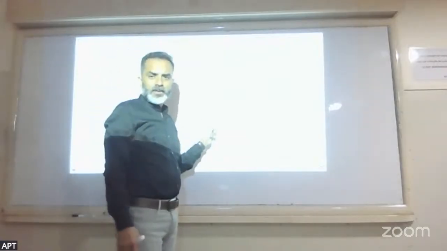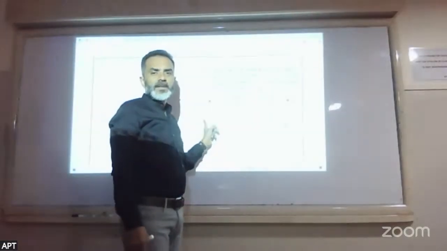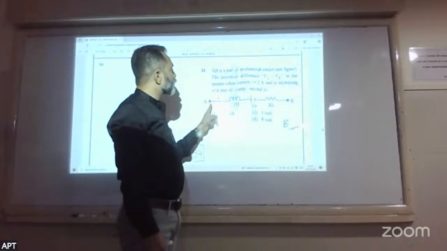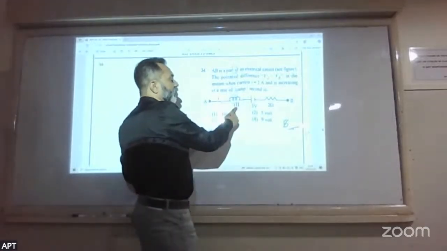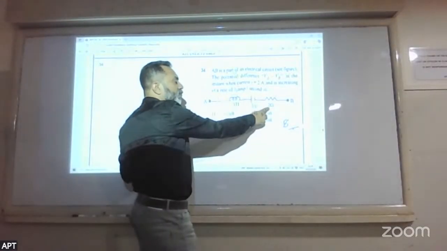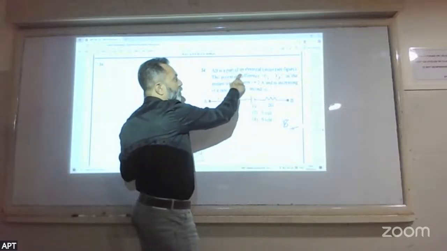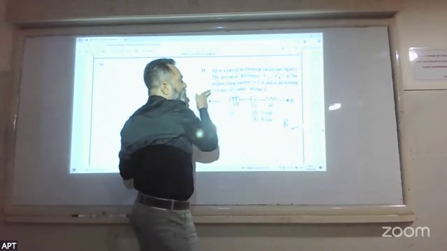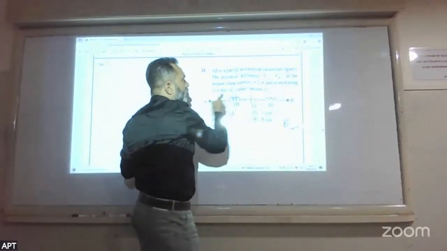This is a straightforward question. It was there in the notes and in almost all reference books. You can see the circuit is given: a 1 Henry inductor, a 5 volt cell, and a 2 ohm resistance. AB is a part of the electrical circuit. The potential difference VA minus VB is asked when the current is 2 ampere and increasing at the rate of,